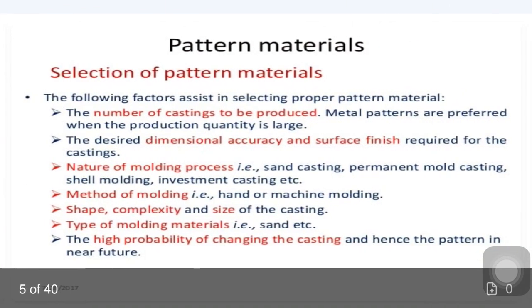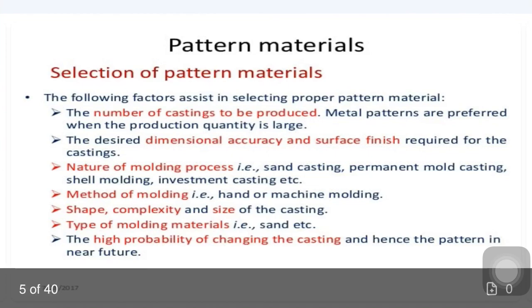So let's start the further discussions, which is the patent materials. From which materials we can manufacture the patents? पेटेंट जो है हमें किस मटेरियल से बनाना चाहिए, तो उसके पेटेंट का मटेरियल सिलेक्शंस करने के लिए भी कुछ क्राइटेरियाज रहते हैं। उस क्राइटेरिया को आपको सही से समझना चाहिए, राइट। So the following factors assist in selecting a proper patent material. ये नीचे जो आपको दिए गए हैं वो जो सारे फैक्टर्स हैं वो आपको एक सही मायने के अंदर यहाँ पे हेल्प कर सकते हैं, जिसका यूज़ करके आप पेटेंट का जो मटेरियल है वो आप इजीली सेलेक्ट कर सकते हो।